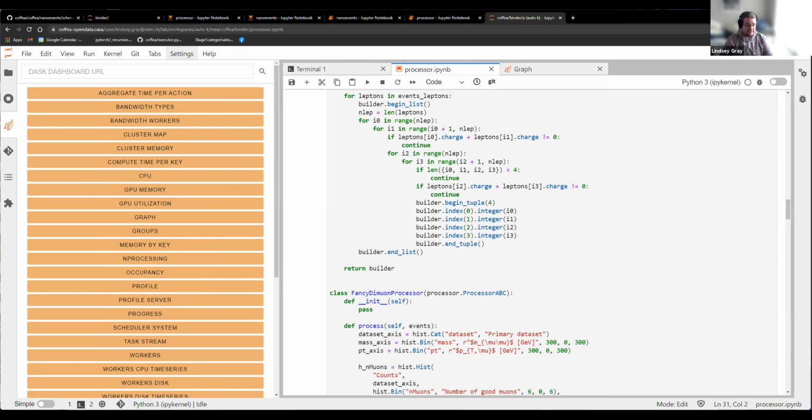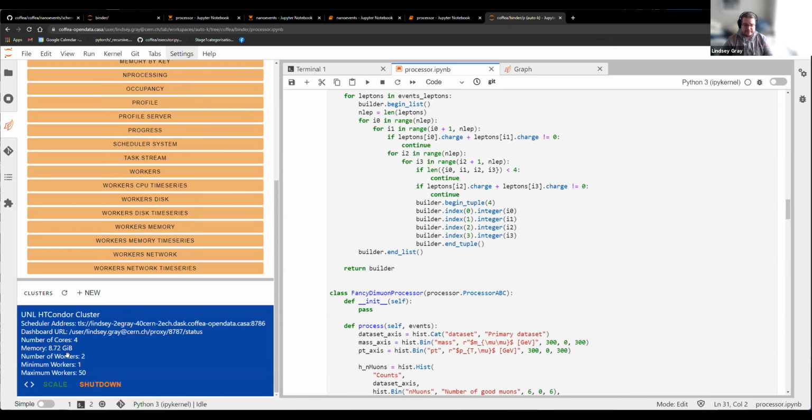Are there any memory limits with Dask Coffee? So the answer is you configure them. For Coffee Casa, the memory limits are about 2 gigs per core, and you get 2 cores per worker. And there's an issue today with the cluster, but normally it will automatically scale onto Condor